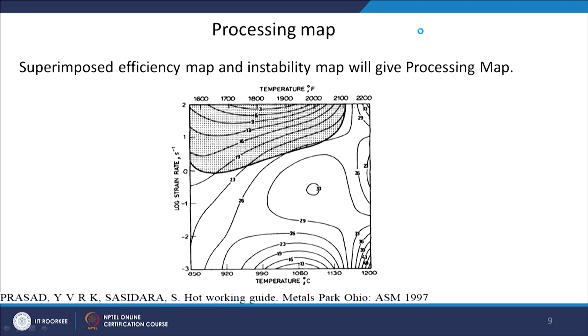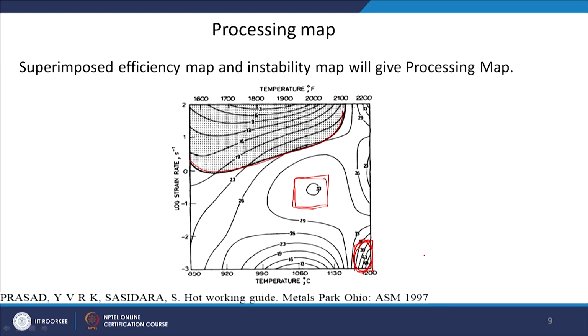Okay. So, the idea here is that you have to identify where you have higher efficiency. For example, you have higher efficiency at this point, then you have higher efficiency somewhere here, and you have instability here. Okay. So, now the remaining areas are safe areas, I can do processing there, but I would like to do processing where the efficiency is high. Okay. Generally, we would like to avoid the high temperature region, because if any recrystallization is taking place, then subsequent grain growth will also be a possibility.